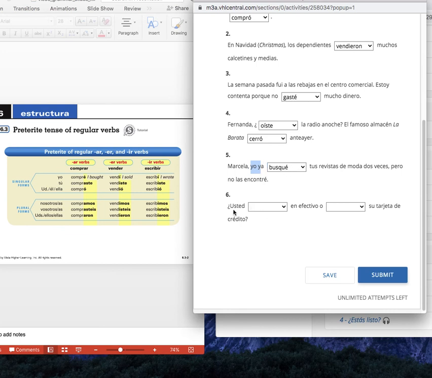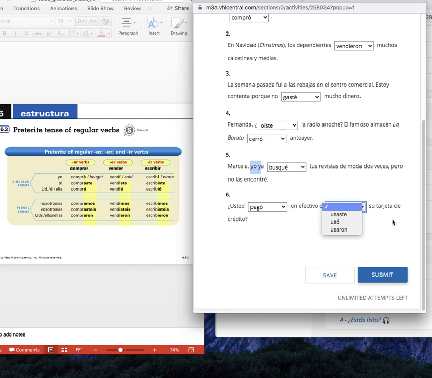All right, last one for this activity. Número 6. Usted blank en efectivo o blank su tarjeta de crédito. So let's do the first one. Usted pagué en efectivo, pagaste en efectivo, pagó en efectivo. Pause. Welcome back. Pagó. We look over usted, right? It ends in an O with the accent. En efectivo, so did you pay in cash or